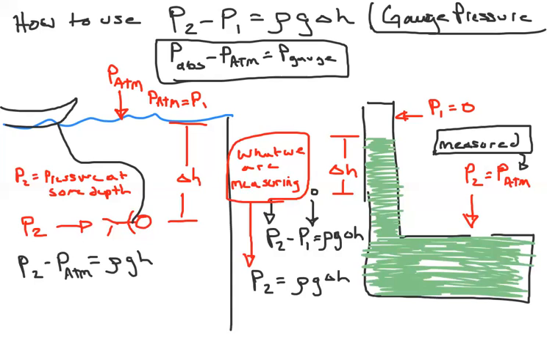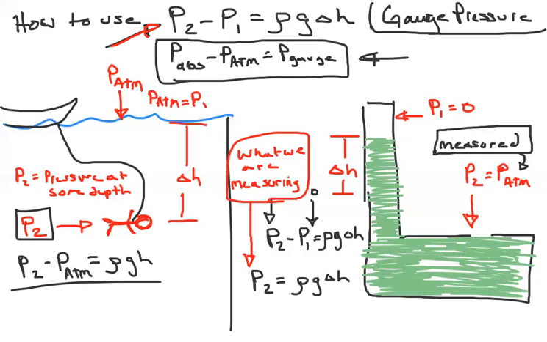So what we do is we can use this equation two different ways. Now, I won't really use it this way. I'm going to use it more in the top form, the way that we derived it. But either way, this is how we use the equation, okay? So let's say that you're swimming at a certain depth, okay? And let's say you want to know the pressure at that depth. Well, what you want to do is first start with the gauge pressure equation, which is what I have here. And you want to see that P2 is always going to be the pressure at